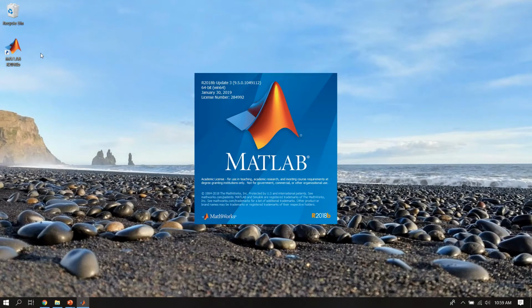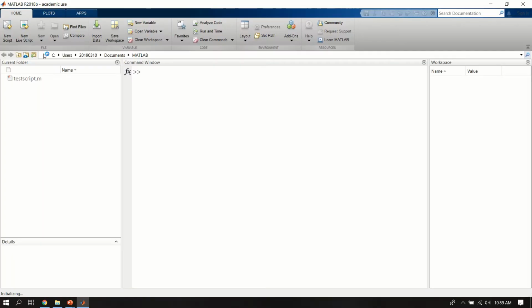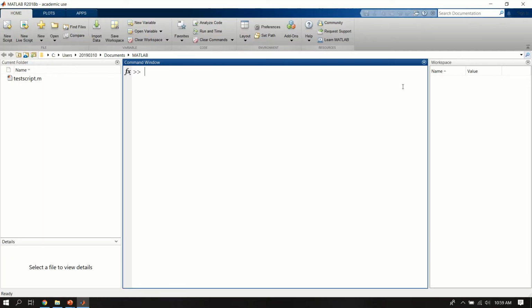Upon opening the MATLAB program, you will be met with the standard MATLAB graphical user interface. This graphical user interface looks like this, where we have a number of panels which are used for various purposes. The first, and maybe the most important panel in the initial stage, is the command window, indicated by this command prompt here, which shows that we can start entering commands in here, and after pressing enter, they are executed immediately